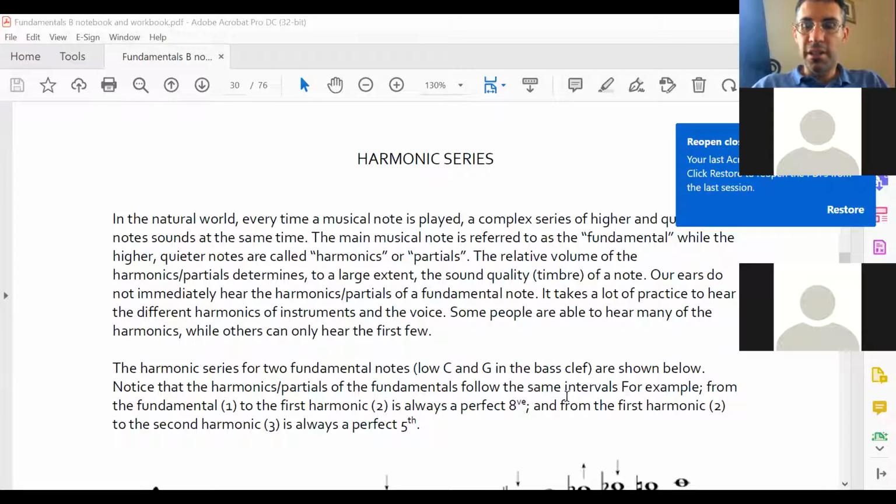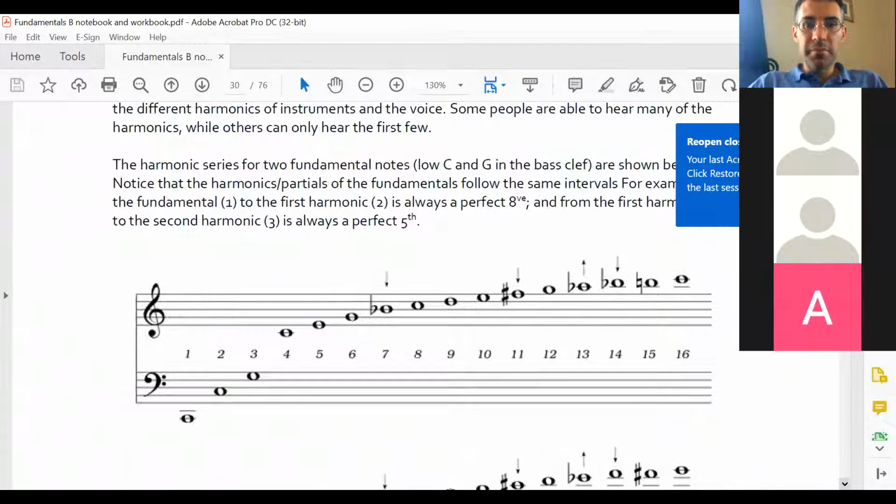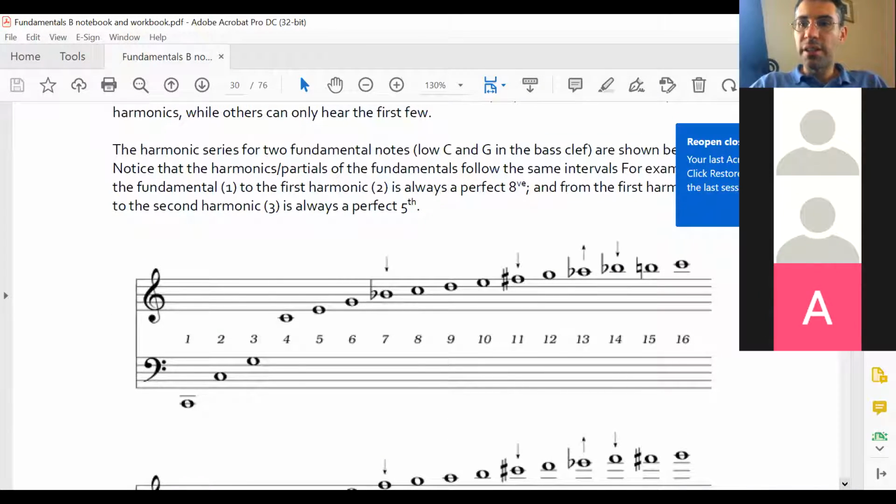So I'm going to show you a picture of the harmonic series. This is from your textbook, so you'll be able to refer to it if you want to. It's on page 30. And I want to show you this diagram. So if you look at this diagram over here of the bass and the treble clef,